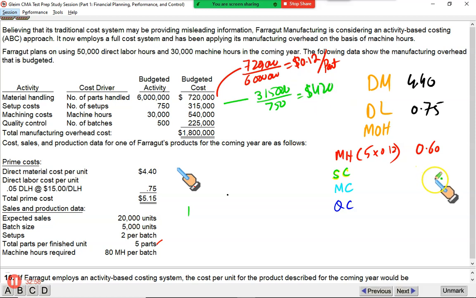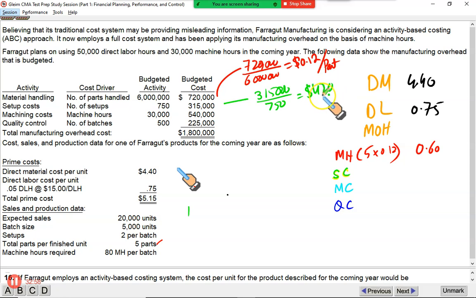I can't put $420 here. I need to find it on per unit basis because this is the unit cost. So I need to see that if this $420 is the cost for one setup. Setup means that when you recalibrate your machinery for certain item that you produce, A, B, C. So whenever you move your production from one item to another, you have to reset your machinery. So it takes $420 to recalibrate and reset your machinery.